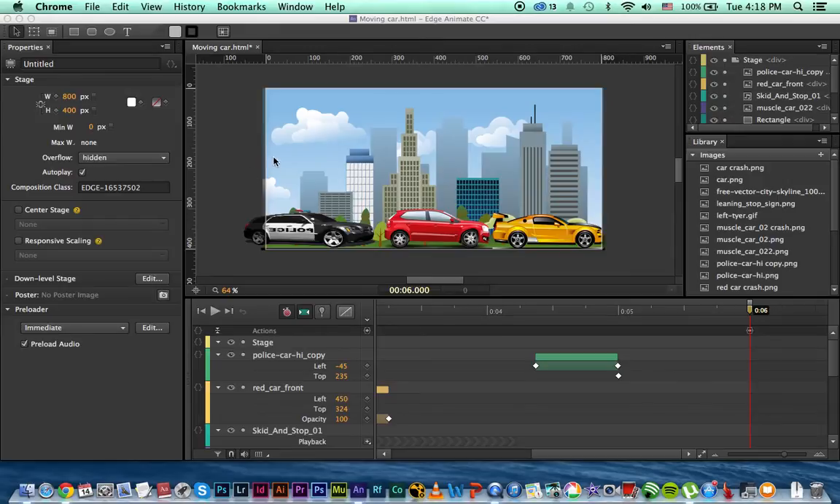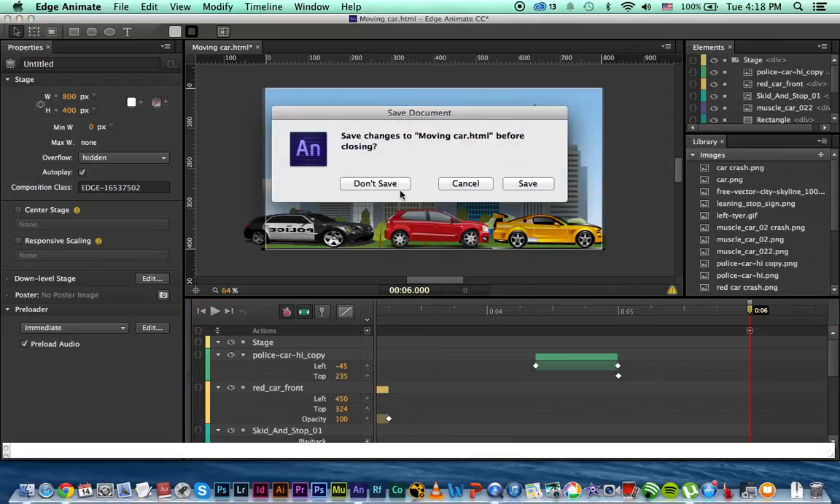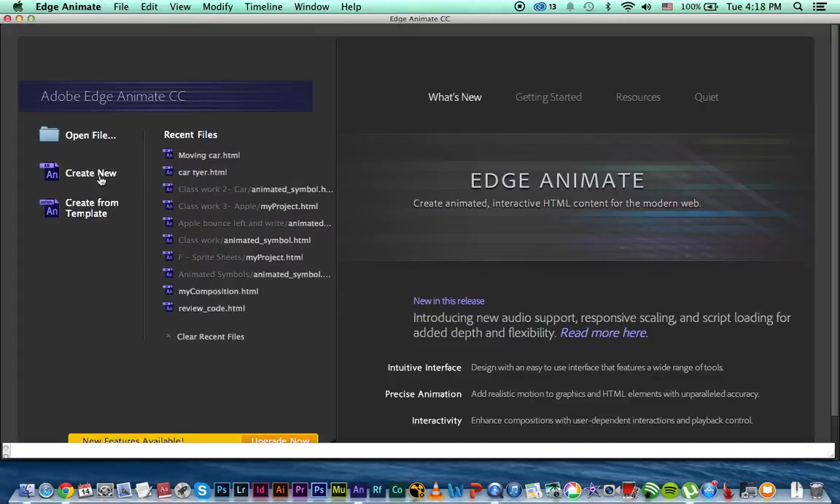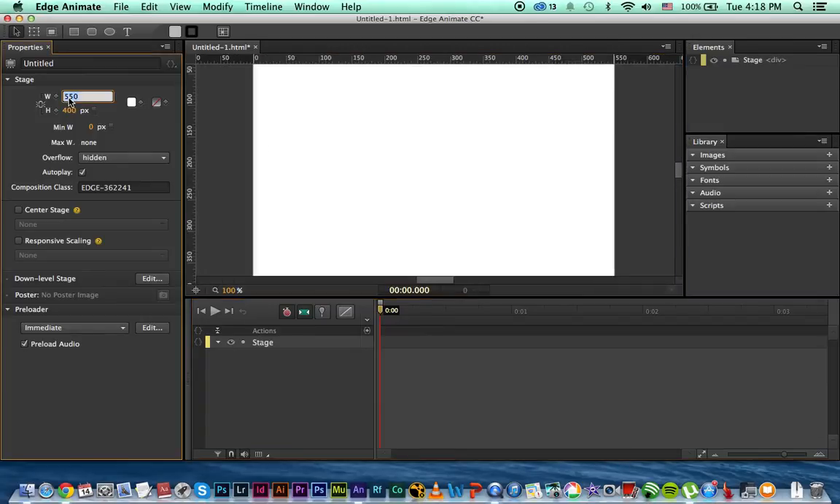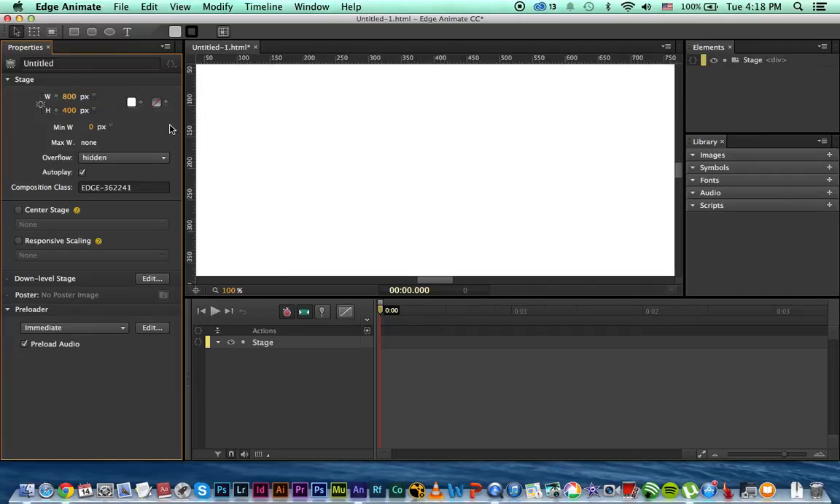alright, let's delete this and start again. Just gonna click Cancel, don't save, and create a new. Go to Stage, width should be 800 and the height should be 400 pixels. Just gonna scale it down a little bit,